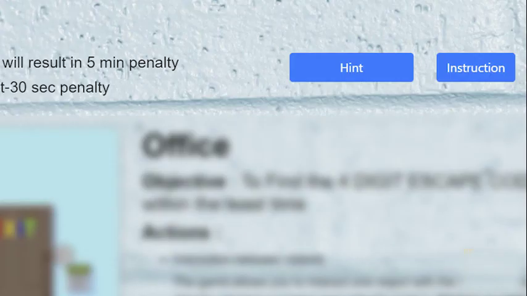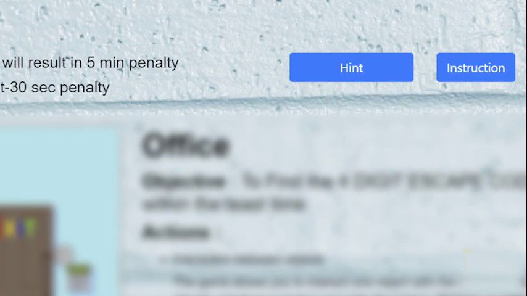Either you can interact with different objects or punch in a 4-digit code to unlock a certain object. Remember, time is crucial here. Every negative answer you put in will add 30 seconds to your score. In case if you are stuck on a clue and can't go ahead, you can tap on the hint tab on the right side of the screen.